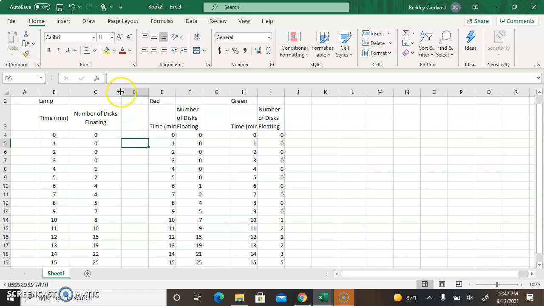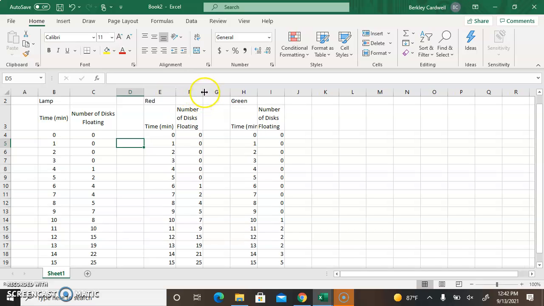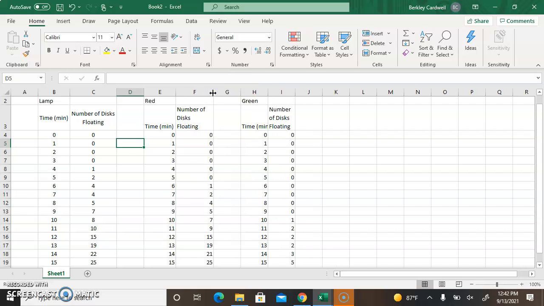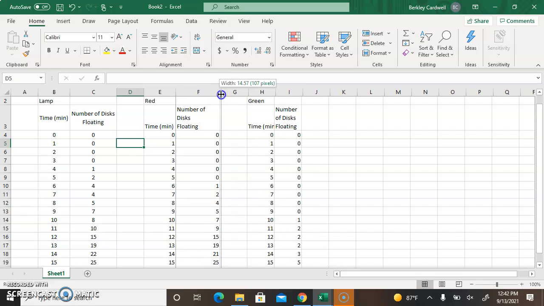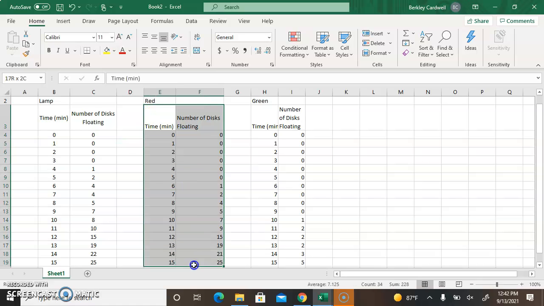We want to make sure that the cells are the width that they need to be, so we're going to double click between each one to make them the size that we want. So I'm going to go ahead and do that to all 3, double clicking, and I'm going to make this one a little wider so we don't have so many words or so many lines, so it will look a little prettier. And then I'm going to click and drag